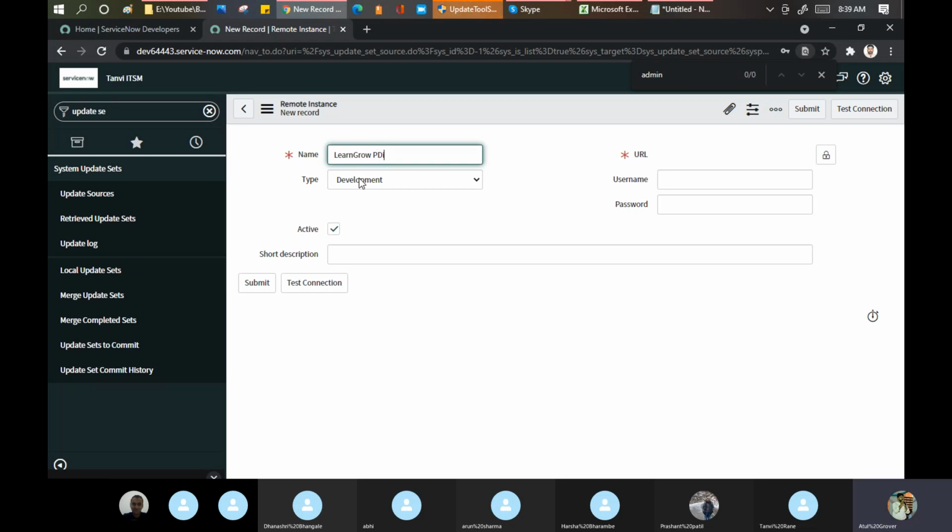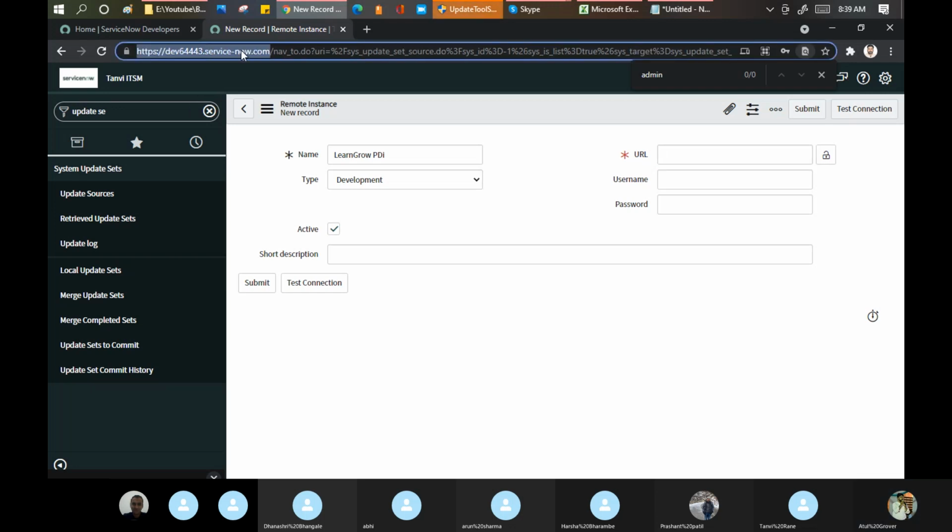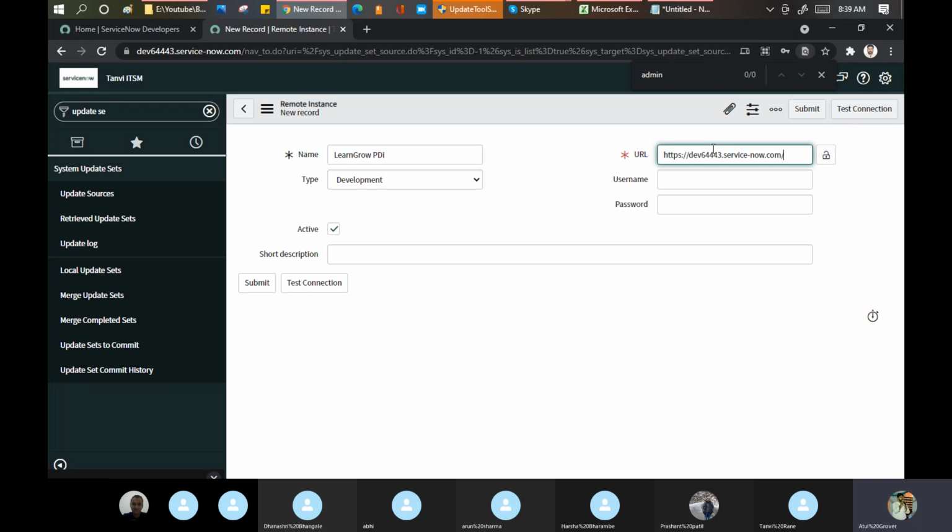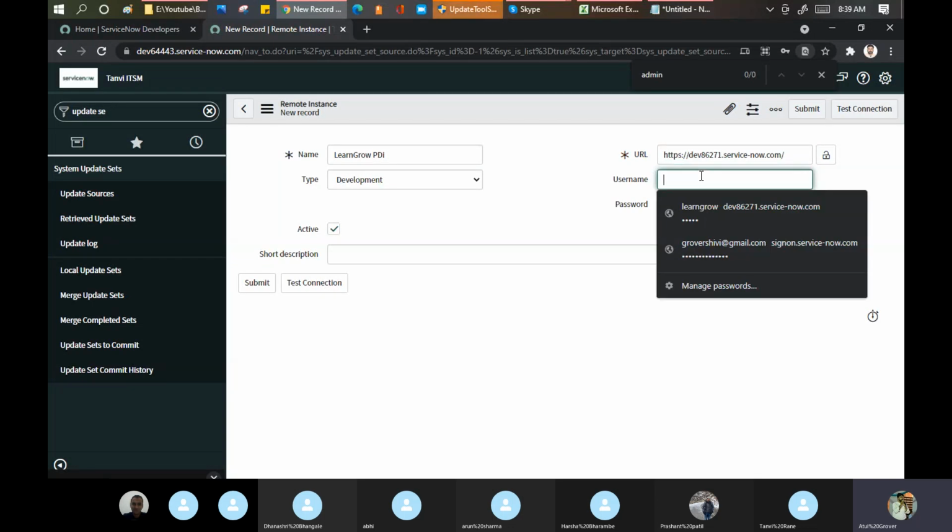Type means whether you are bringing from development, production, or test environment. I say I'm bringing from the development environment. What is the URL you are bringing from? Then I'll put the URL. What is the username I need to connect with?